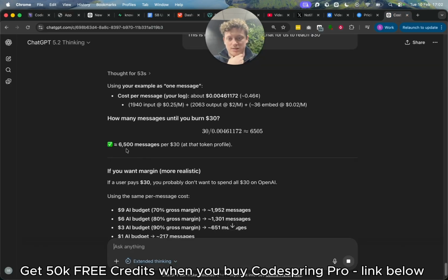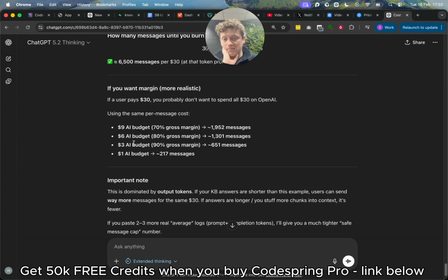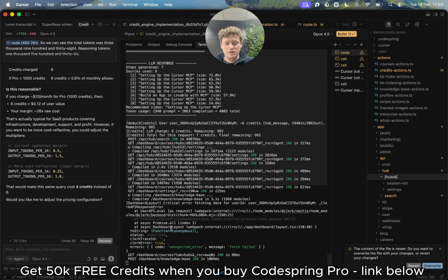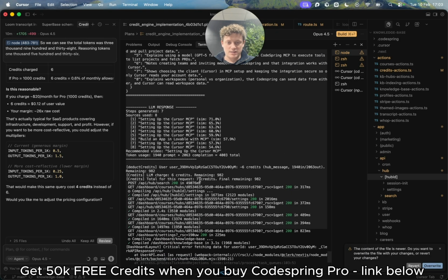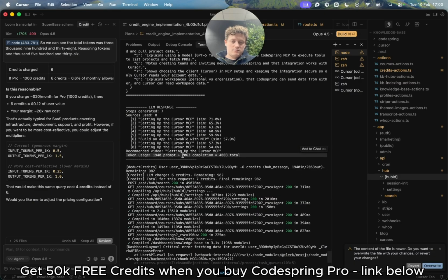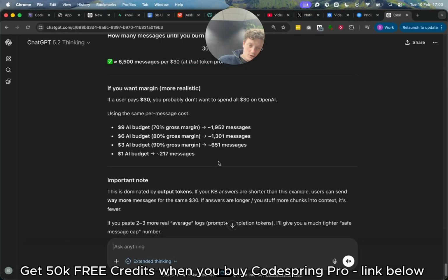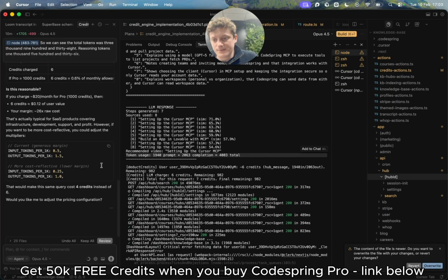And to be honest with you, it's so cheap to run. To use an example as one message, 6,500 messages per $30 of that token. So it's actually not as cheap as I thought it was. If you use space $30, you probably don't want to spend $30 on OpenAI. So we can say in here, okay, in general, for one message, what we're actually charging is 7 credits at the moment. So for one message, which is about, from the calculation we did above, 4,000 total tokens, then what we need to do is,